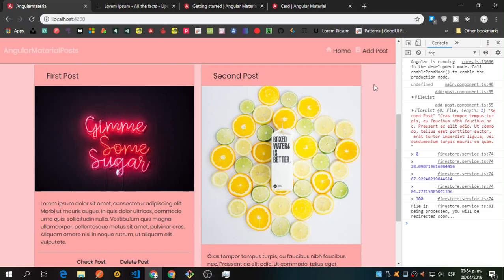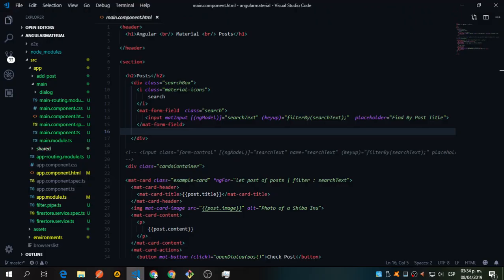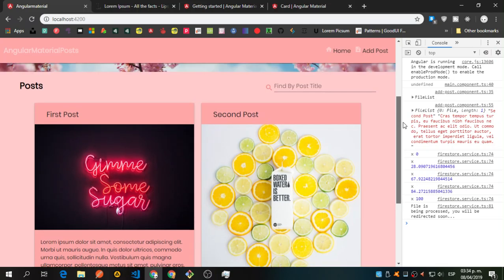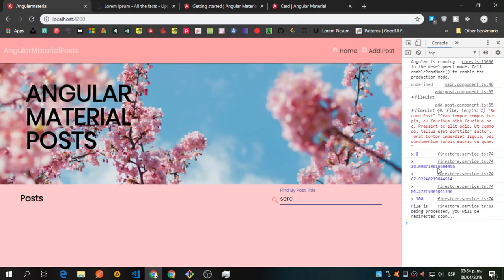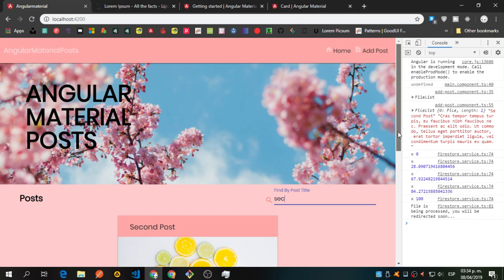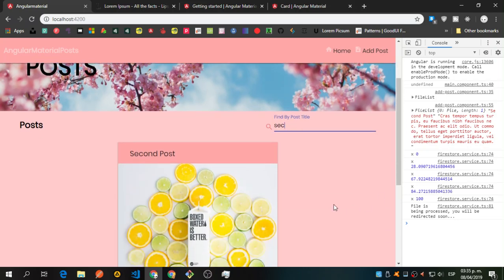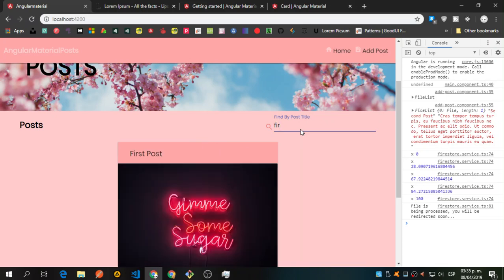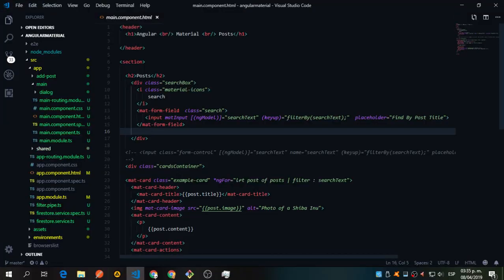So okay, the form worked, so we didn't need the other thing, the React Forms module that I commented out, because everything is in the shared folder. So if I go to sec, you can see that I'm filtering that, and if I go to post I get both. If I go to first I get this first one. In case you haven't used pipes,